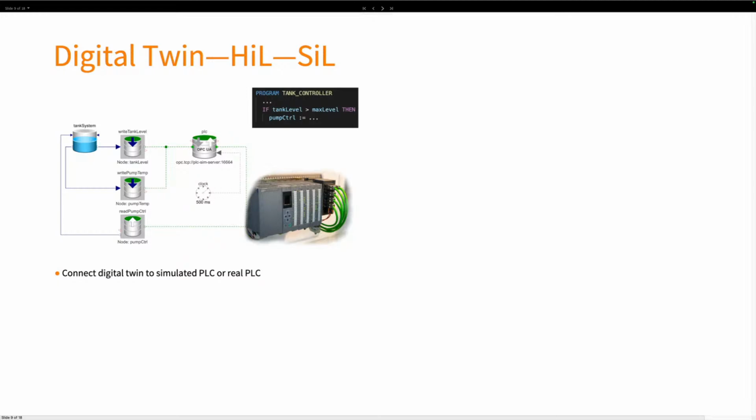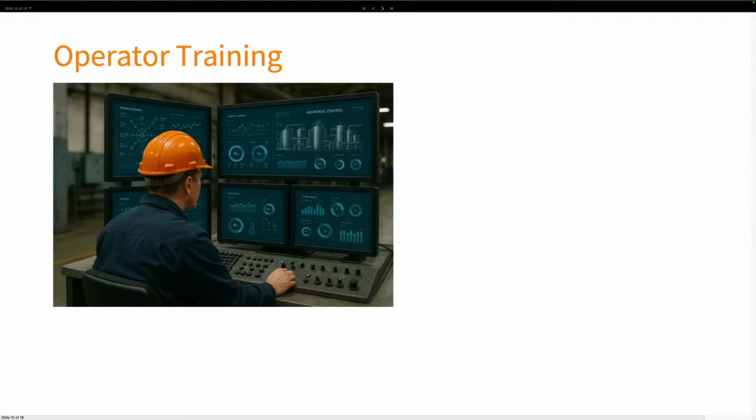Likewise, when we do deploy our PLC code to real hardware and connect that to our simulation, we can run hardware-in-the-loop simulations, which enable us to conduct more tests without access to the real system. If the human-machine interface, the user interface of the system, is connected using OPC UA, we can also connect it to our digital twin instead and do operator training using the real operator environment,